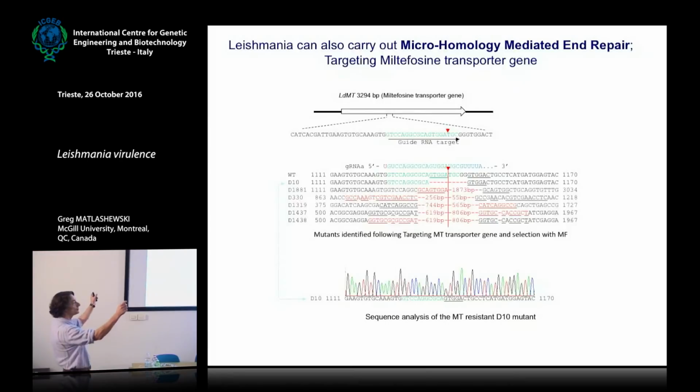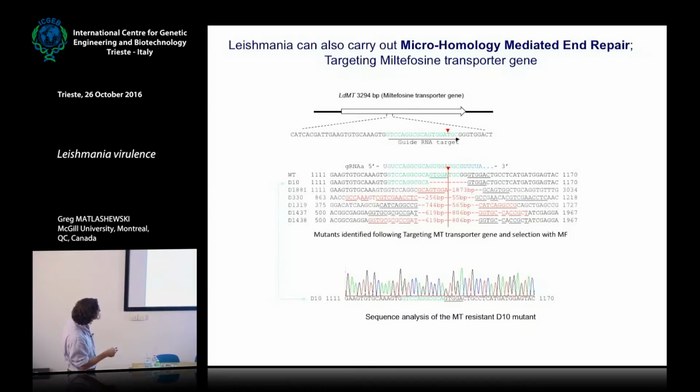And when we sequenced those, what we found was that there was homologous recombination occurring, but the homologous recombination was between two adjoining sequences. So it's called microhomology end joining. You see, this was the guide RNA going into the miltefosine gene. The cells became resistant because the gene was mutated, and they were always mutated wherever you had homologous regions. So you see this region was homologous to this region, homologous to this region, homologous to this region, and everything in the middle was deleted out,